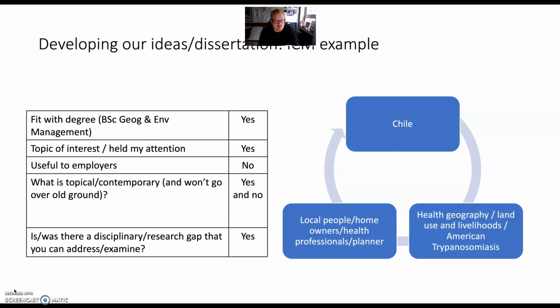Now, I'm not saying that's necessarily the right or the most effective way to go about something, and I would suggest that looking at the theme or the issue and then the stakeholders or the participants first, and then trying to find the location which is suitable is maybe more practical.